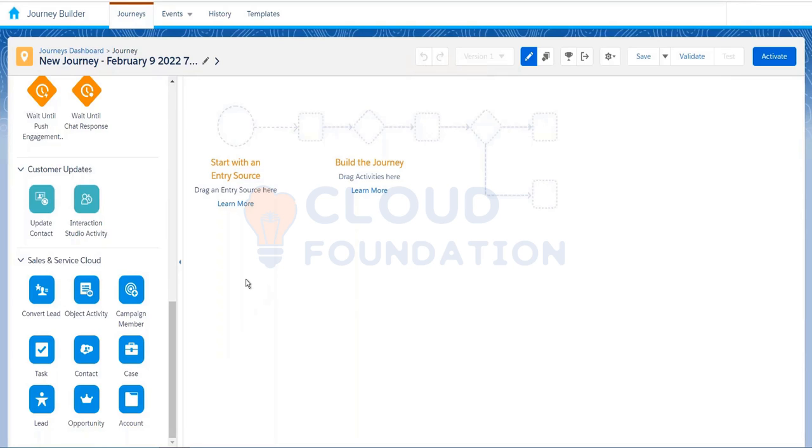When the rating is less than 2, we can use this object in the journey directly, and it will create a case in the Sales Cloud. What happens when the case is created? It will be assigned to one of the support team. The support team will call the customer and check with them, and if they would like to return the product or refund some money, that is something that will be taken care of automatically. This is a kind of automated workflow that we can set in Journey Builder.